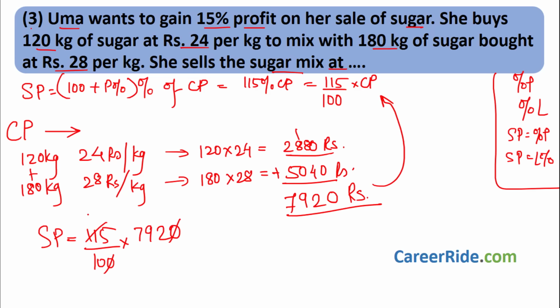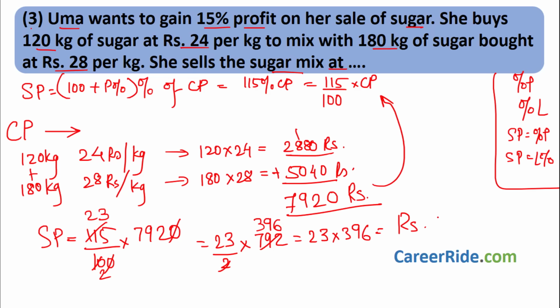This gets cancelled. 5 into 23, divided by 2 into 7, 92. 2 3s are 19, 9, 18, 12. This is 23 into 3, 96. That comes out to rupees